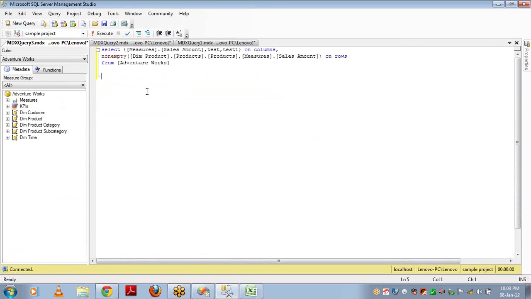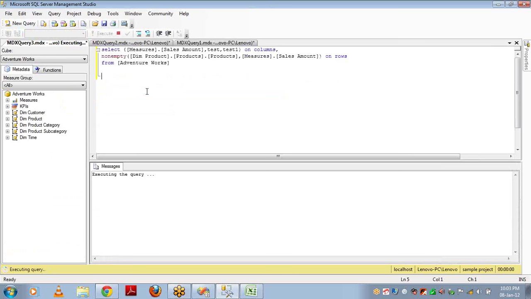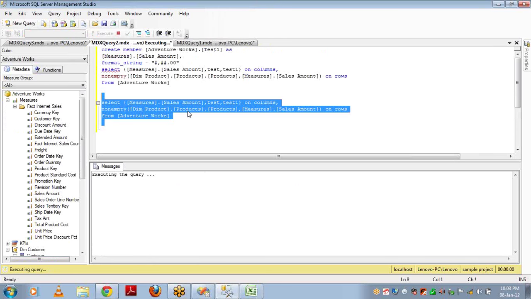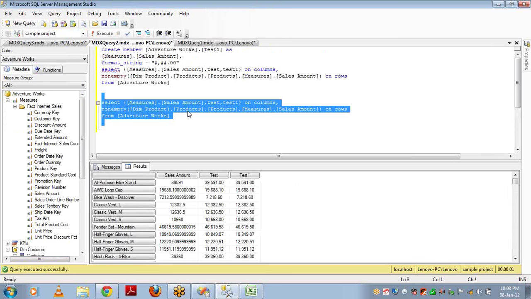If I take a new window and if I run it, it says the dimension test was not found in the query when the string test was passed. This test is missing. It is saying the test is not valid. And if I come back and run here, it is giving you the result. Until this query window closes, the scope of the calculated measure which you created using the create keyword is valid. You can use that.